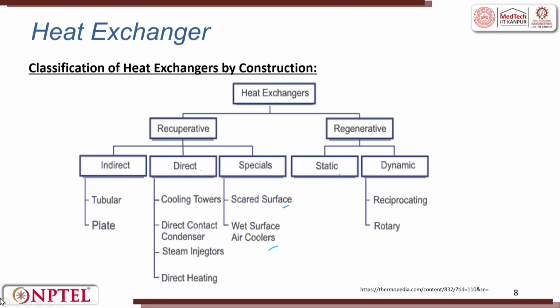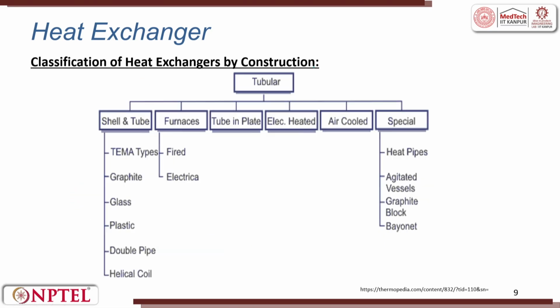Then we are trying to see indirect, tubular. Classification of heat exchangers by construction, tubular: you can have shell and tube, furnace, tube in plate, electric heating, air cooled and specialized types. In specialized types, we have heat pipes, agitated vessels, graphite blocks and bayonet. So, these are all special type tubular construction heat exchangers, but shell and tube and tube in plate are all